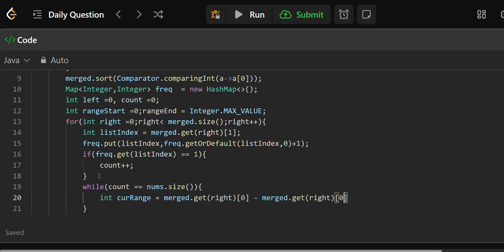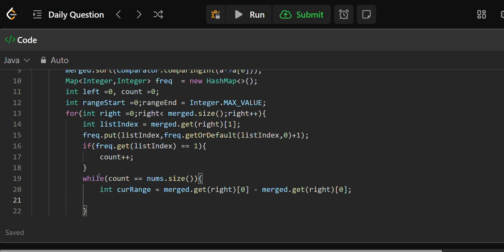I'm just taking the values. So if this current range is less than rangeEnd minus rangeStart,